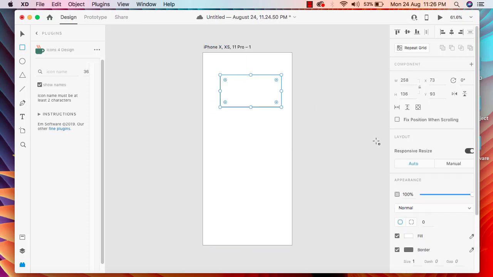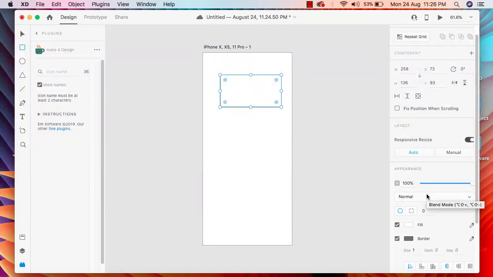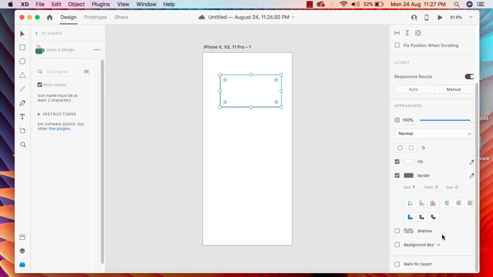If I select this rectangle, then you will be able to see a couple of options here, and we need to use each and every tool for different purposes to give the proper shape to our design. In here you will see W means the width, and H means the height, and this X and Y is the position of this rectangle. These are the icons of horizontal and vertical tools. If you click here, fix position when scrolling, then you will be able to see the layout options. And right here we have this radius option, then the color option, our border section, then the shadow, background color, and our export options.